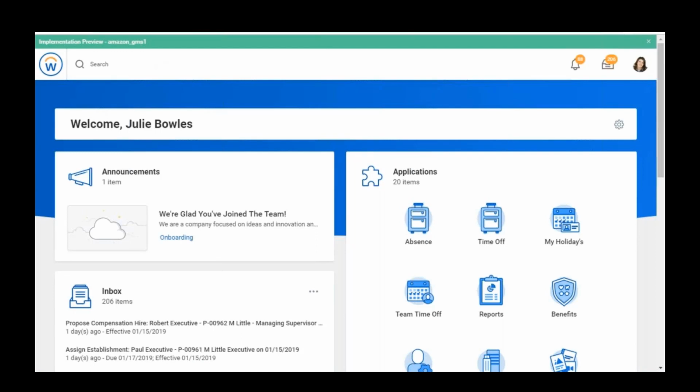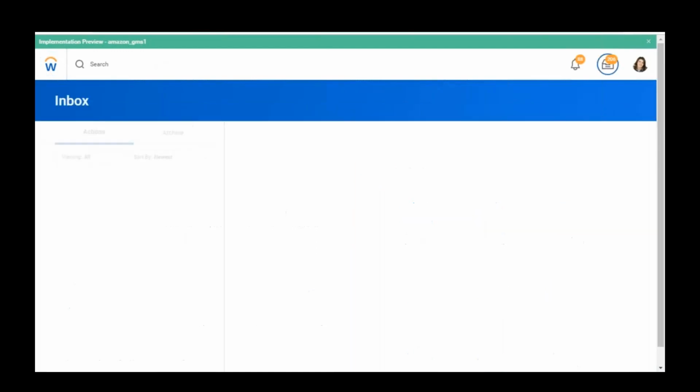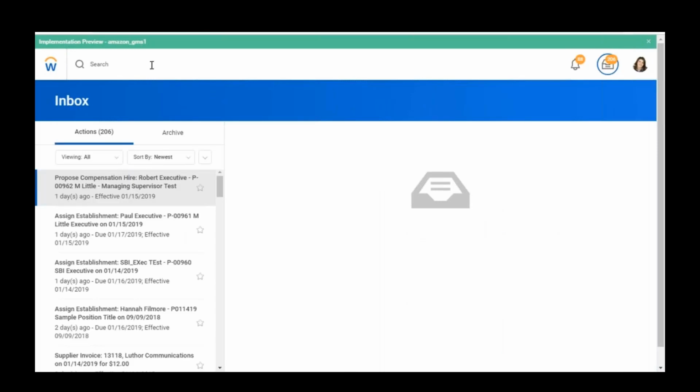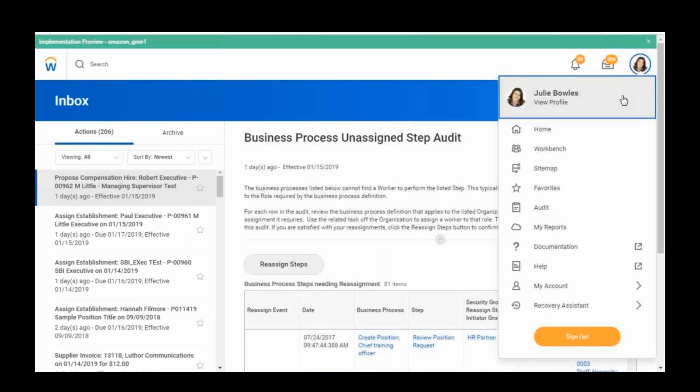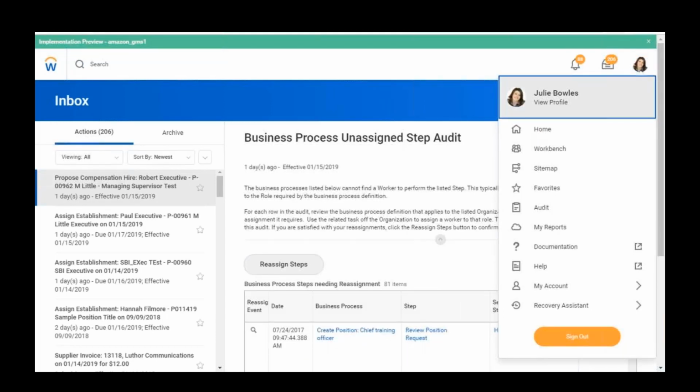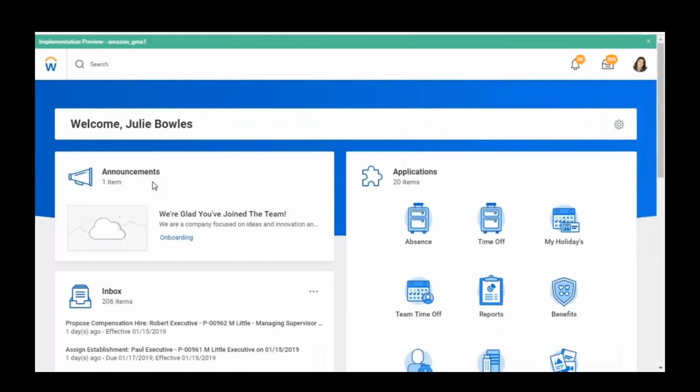Okay, so there are multiple ways to come to the home page. First, you can click on this home icon, and second, whenever you see a photo in the right corner, it is the icon for the profile. You click on this, and you have one option to go to the home from here as well. So this is your home page. Then the second is the